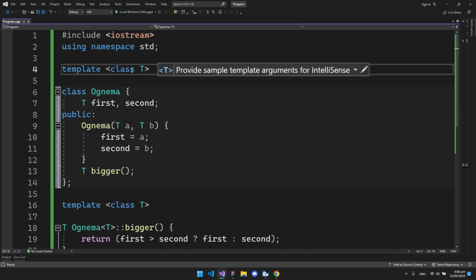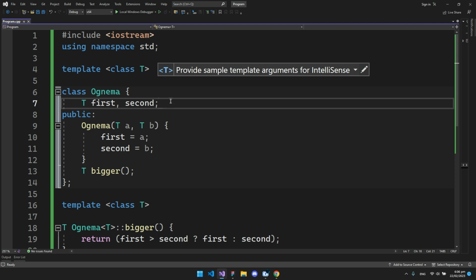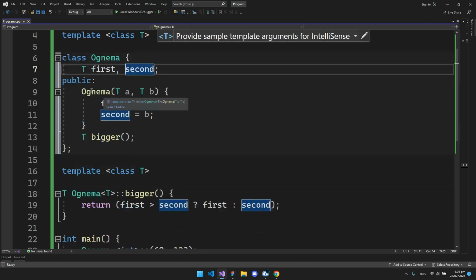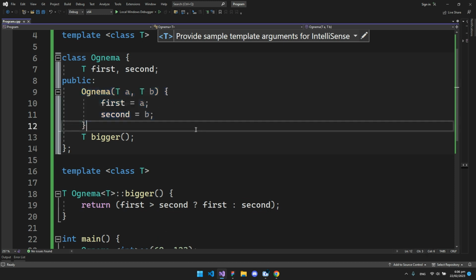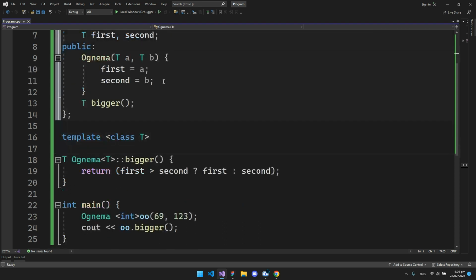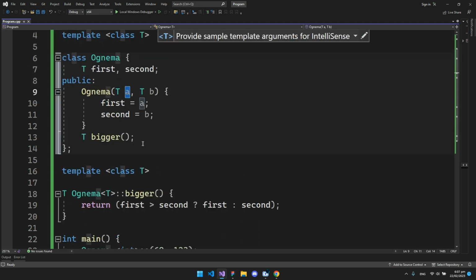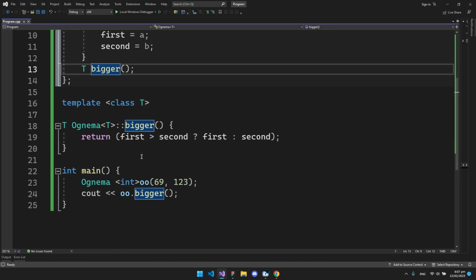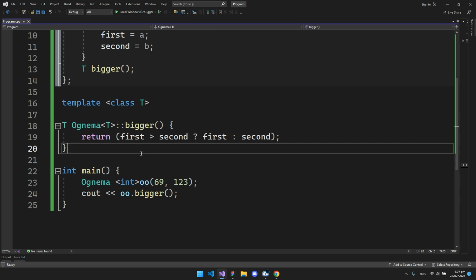So you see we have here, we made a template called T. We made a class called ognema and we put two variables, first and second. And in our public access modifier, we made a constructor. We passed two arguments, A and B, with the data type T from our class template. And here we set first and second equal to A and B. And down here we made a function called bigger, but we actually write the code of this function